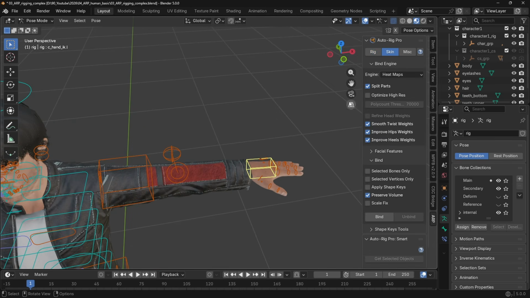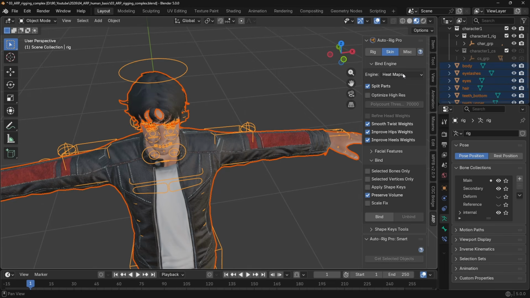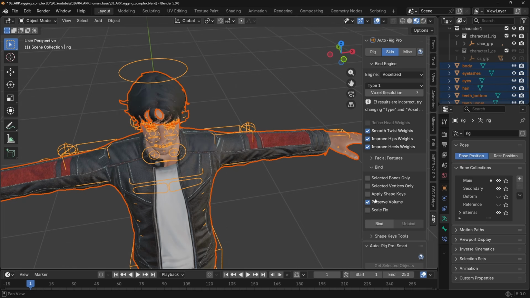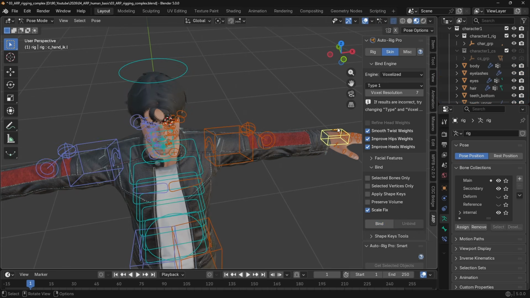So I will go to the skinning tab. For this kind of model, because of the overlapping parts with the clothing and hair and stuff, voxelized skinning works best. And I will uncheck preserve volume because that won't transfer to Cascadeur. And we can bind it. And now if we test,